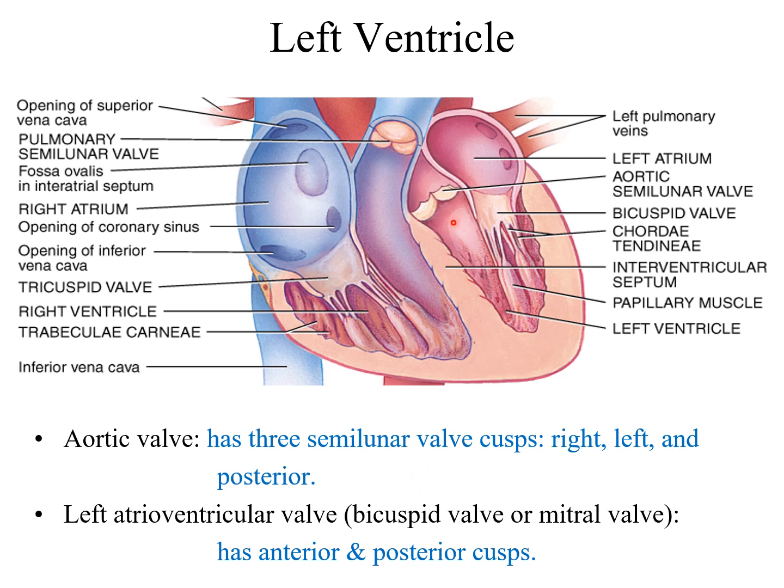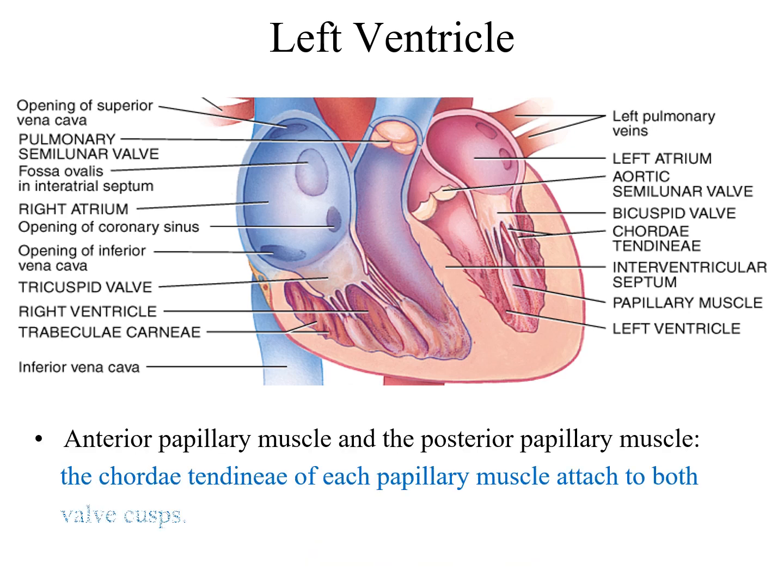The area just below the aortic valve is again smooth, like the infundibulum we have seen in the right ventricle. This area is known as the vestibule of the left ventricle. So this is the vestibule, a smooth area just below the opening or valve of the aorta. The anterior papillary muscle and posterior papillary muscle we already discussed. The chorda tendineae of each papillary muscle are attached to both cusps, and trabeculae carneae are there.